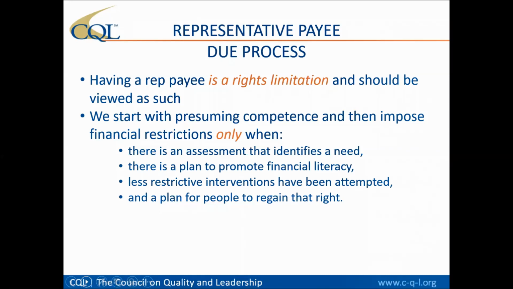The other reason we look at it as a rights limitation is because what we have seen during POM conversations and during accreditation visits is that people haven't really been given a true choice when it comes to having a rep payee. So how do we make sure that this limitation is really necessary? Of course, we start with presuming competence, and then we impose financial restrictions only when a person's been assessed and has a need for financial assistance or for a representative